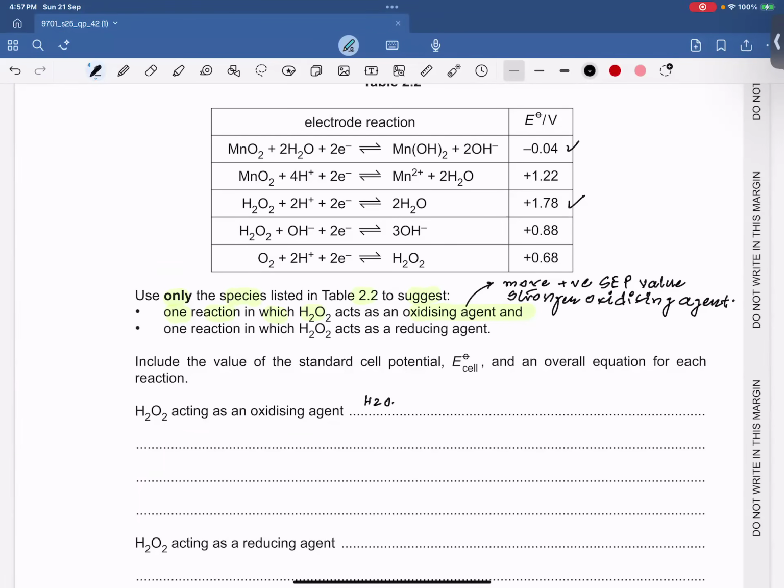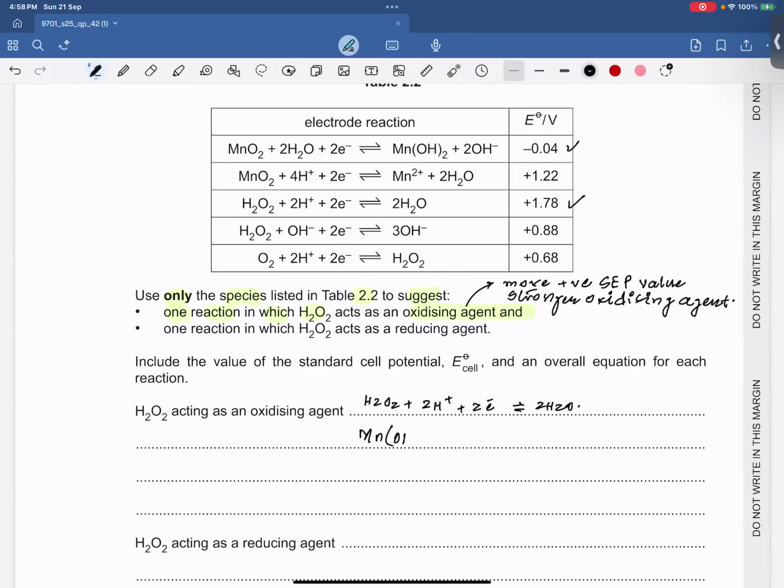This is H2O2 plus 2 hydrogen ion plus 2 electron, reversible sign 2H2O. Okay. According to my lecture, half cell with a less positive or negative SEP value will need to be flipped in order to write the equation in oxidation form. So in order to write this equation in oxidation form, I need to flip the equation. So when I flip the equation, it is going to be like this: